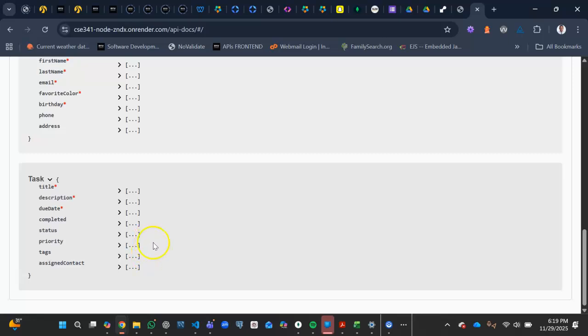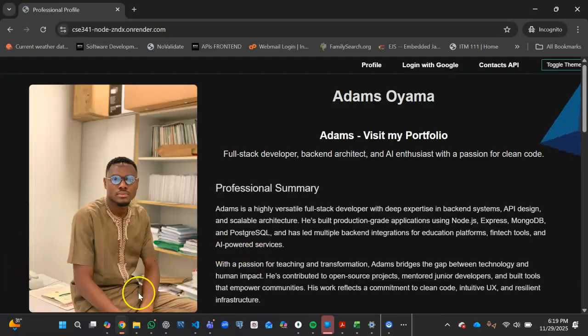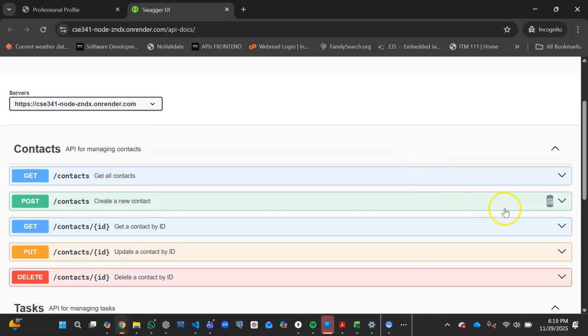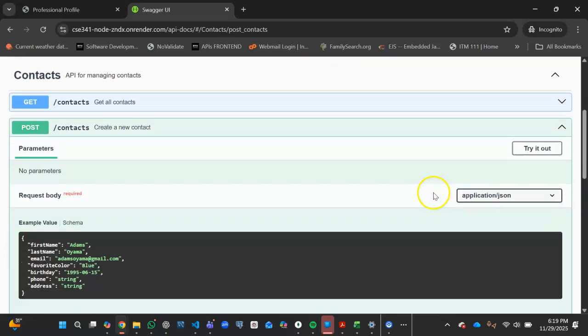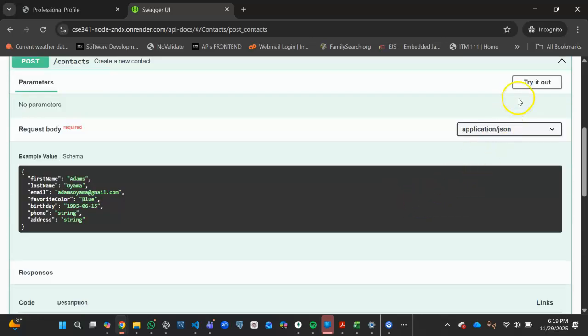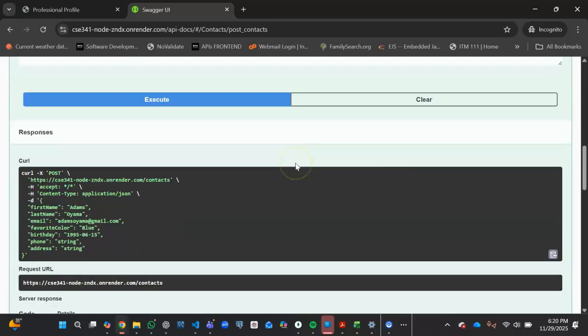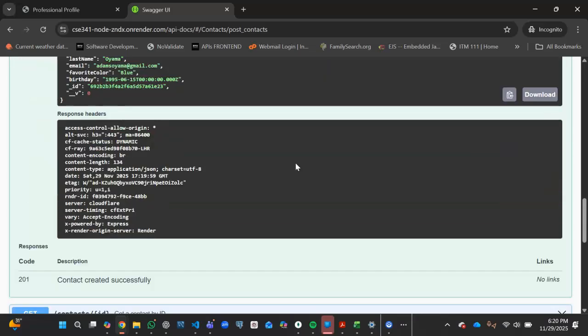So now let's go to authentication. Because I've signed in with my Google, I'm going to open an incognito window to see if this works from here. While we are here, we are logged into our contact API, and we are going to try to post the same information that we did, and it was working. We are going to try to post it without actually logging in. So we press the authentication,